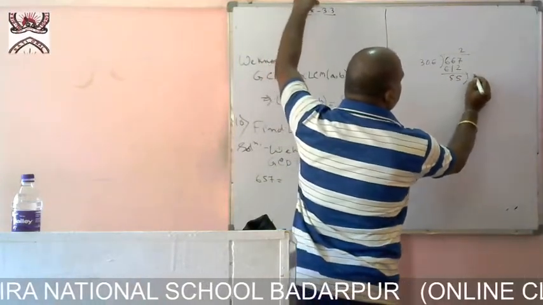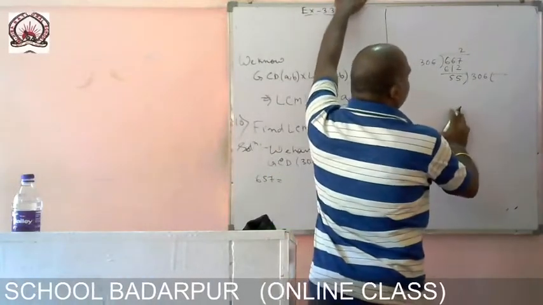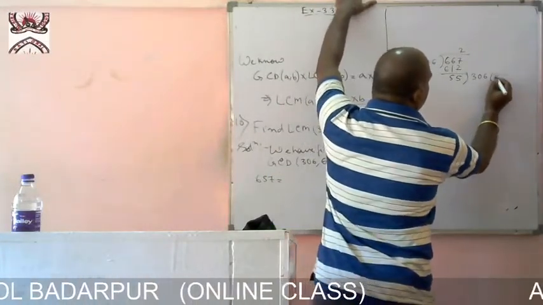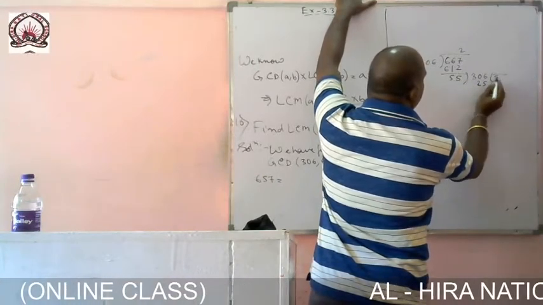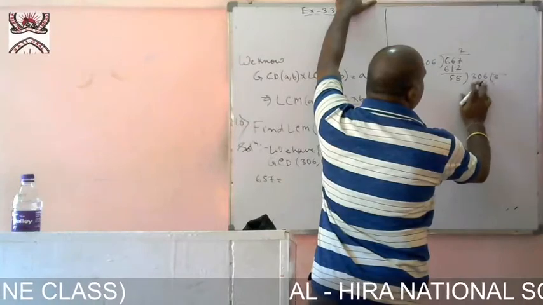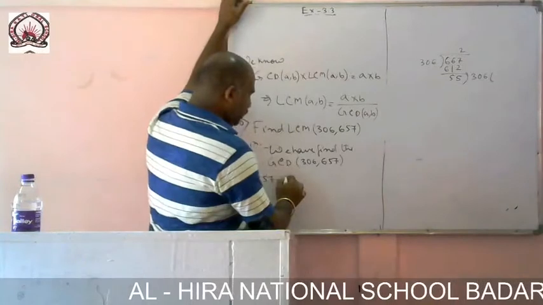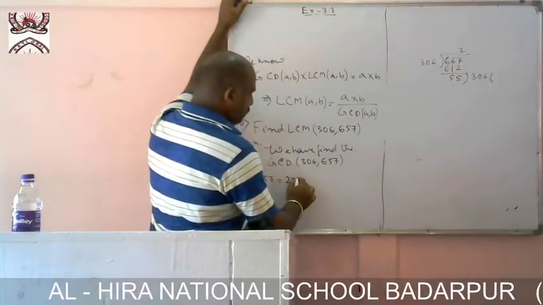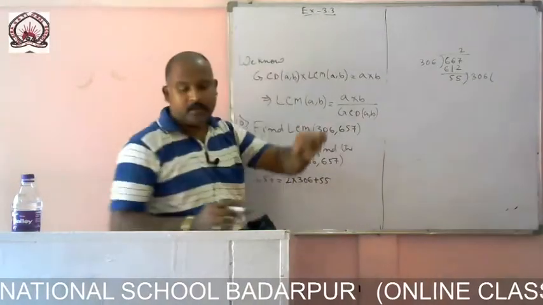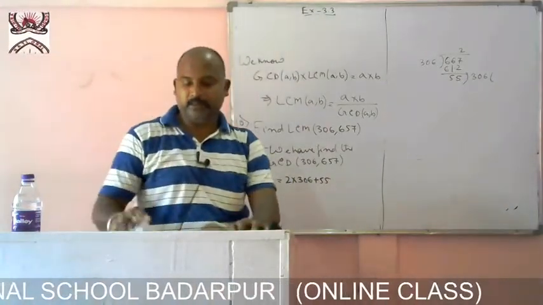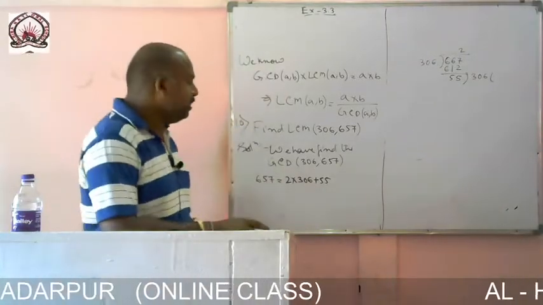Okay. Now again 306, 5. So we have multiplied with 5. 5 into 5 is 25. So 5. So yeah, 55 into how much? Now what you can write? This one is equal to 2 into 306 plus 55. Yes or no? So 2 into 306 into what we are getting here? 55. Okay.